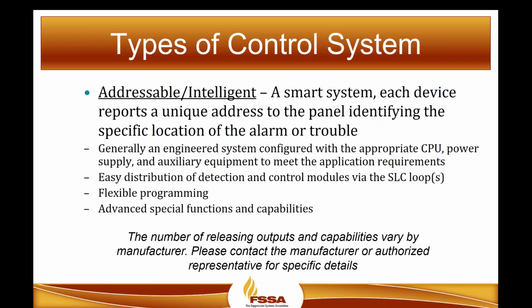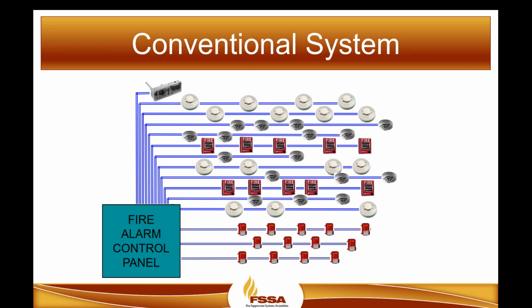It's just a typical riser diagram of the conventional detection. The initiating circuit accepts a limited number of listed spot smoke detectors per detection circuit. We need to be cognizant of that. Total limited circuit resistance needs to be observed, whether it's inputs or outputs. You have limited NAC currents out of these conventional systems,